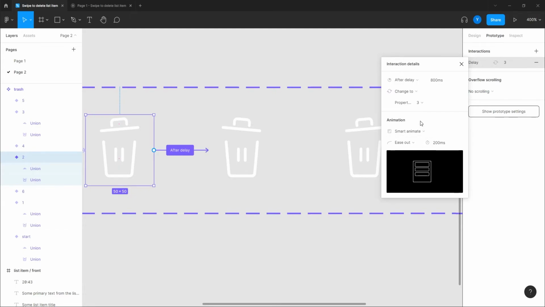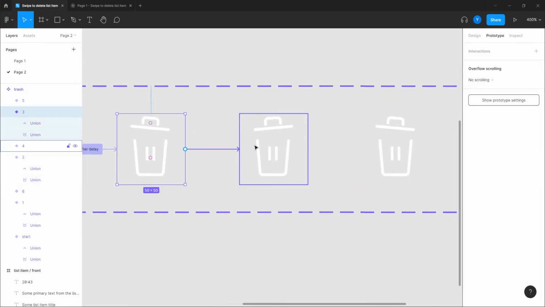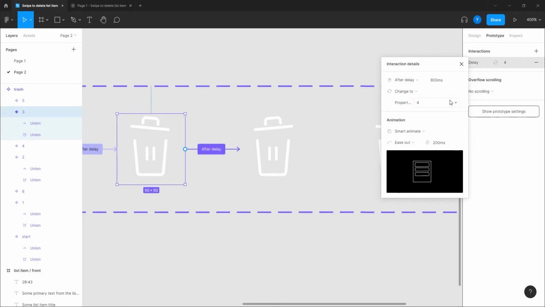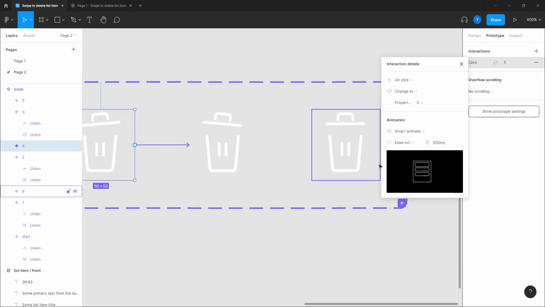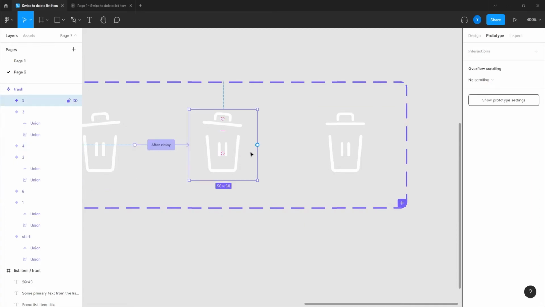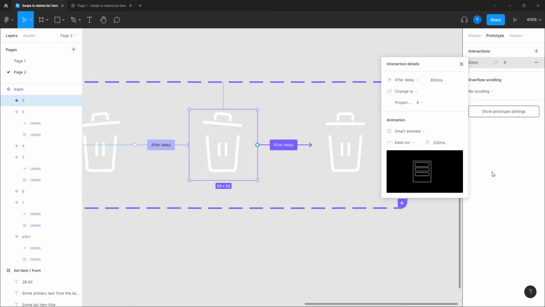After delay and with no delay, so that can be 1, it can't be a 0, and here we're gonna go exactly the same way. After delay 1. So that is I think pretty straightforward, nothing complicated there. 1, 200 milliseconds, yes. And now it's gonna come back to here after delay.